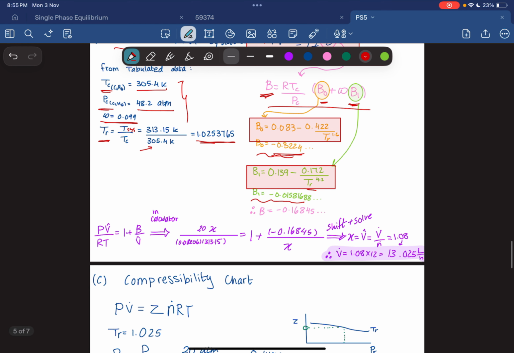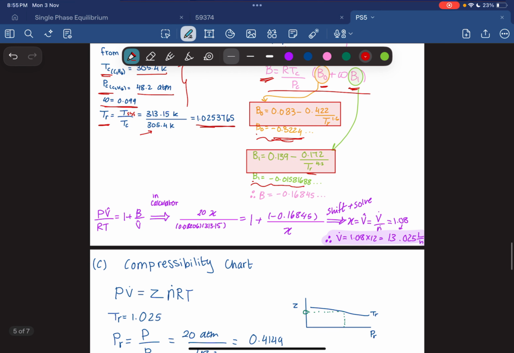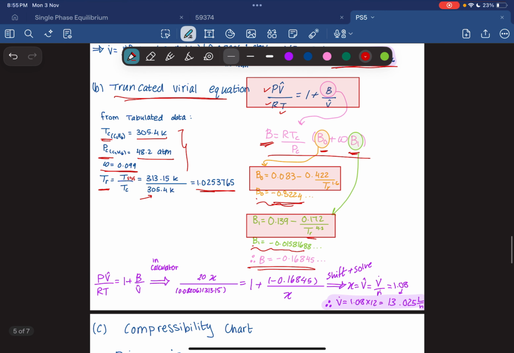After you substitute these values of B0 and B1 along with the critical temperature and critical pressure and the acentric factor, you will arrive to a value of B that is equal to negative 0.168. So it's like a pyramid. You work your way like that from B1 and B0, then B, and then you substitute B back into the